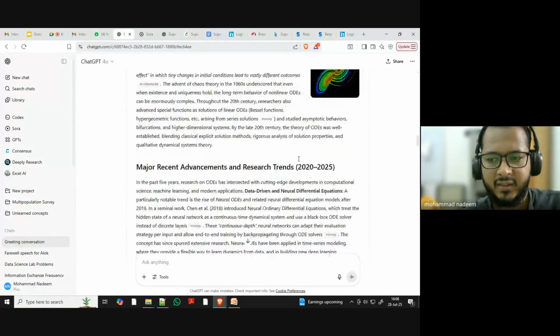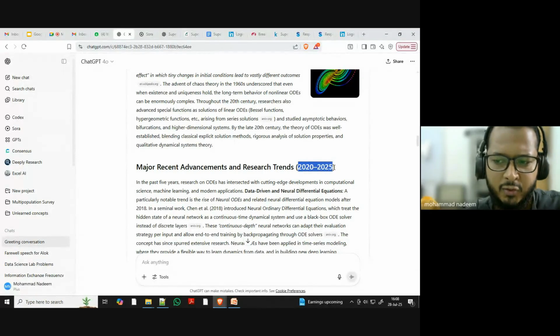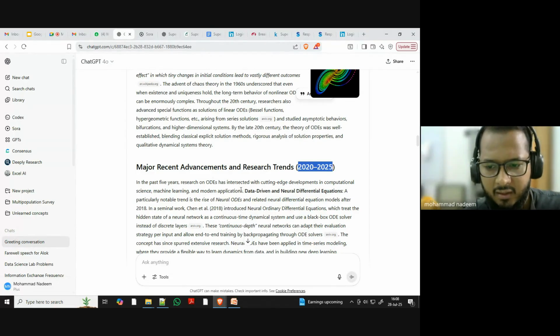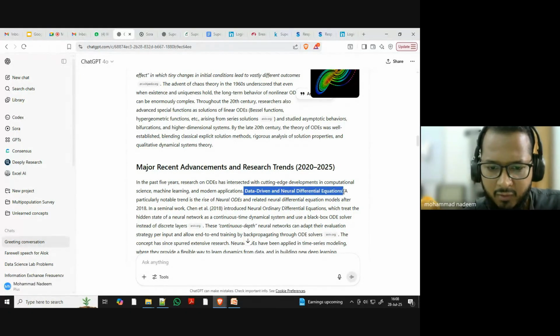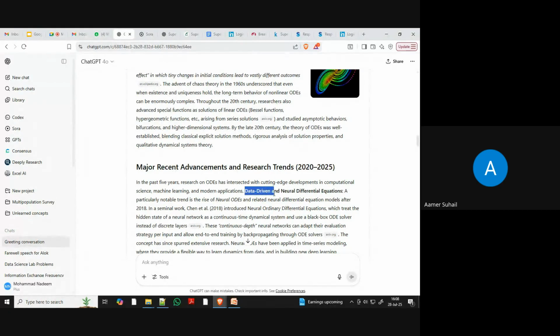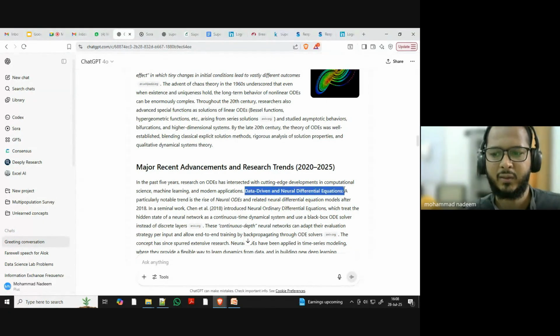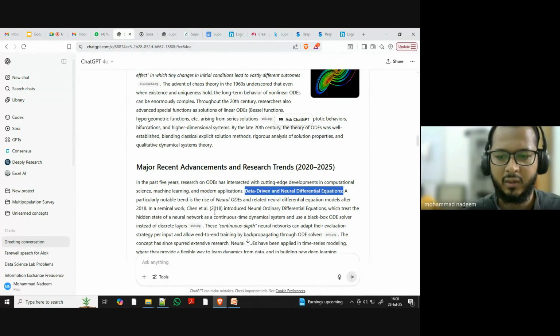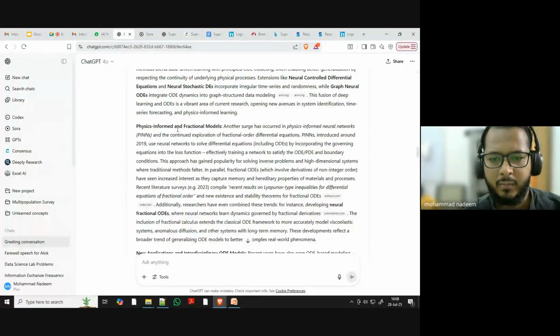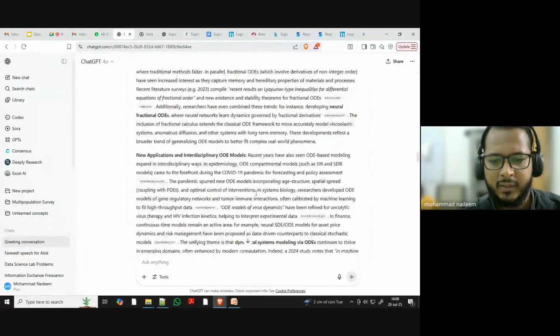And by the way, I mentioned the literature should be from 2020 to 2025 only, the last 5 years. So it has mentioned these data-driven and neural differential equations. I'm not sure about that. Somebody who asked this, is there a term like this, sir? Yes, sir. Okay. Neural differential equations, never heard of it before. Neural ODEs. So physics informed and fractional models, I'm not sure about it. But the point is,